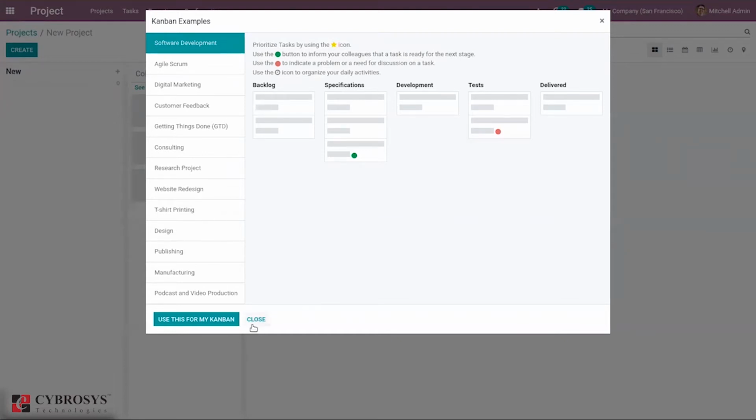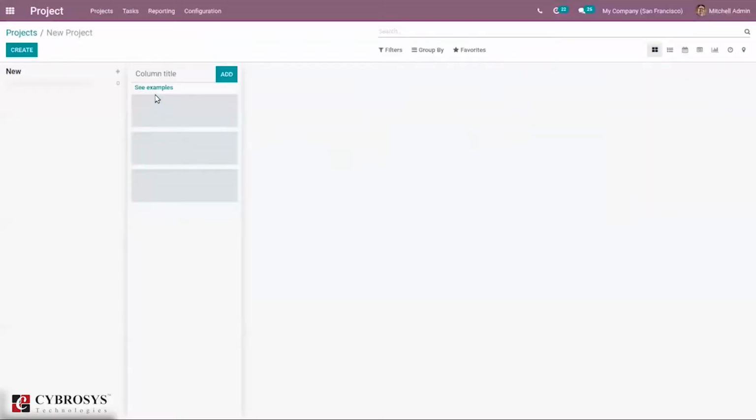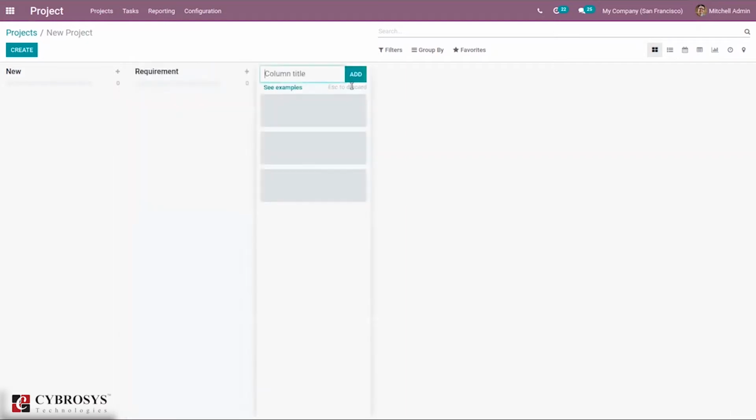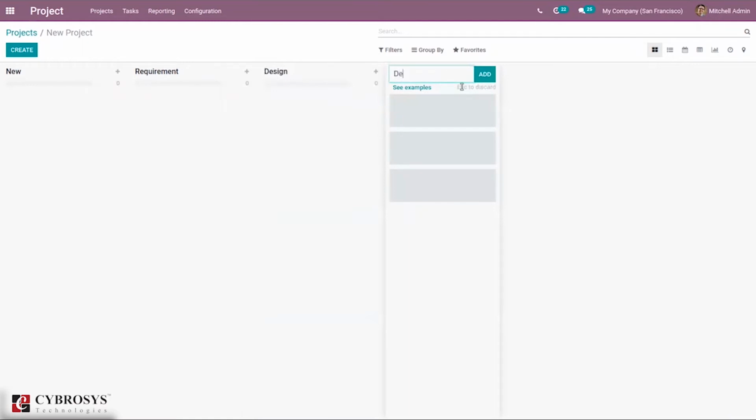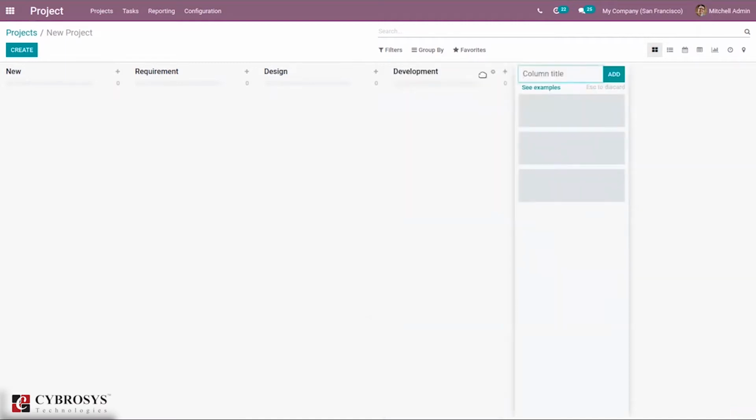So you can choose from this. Procurement, design, development.